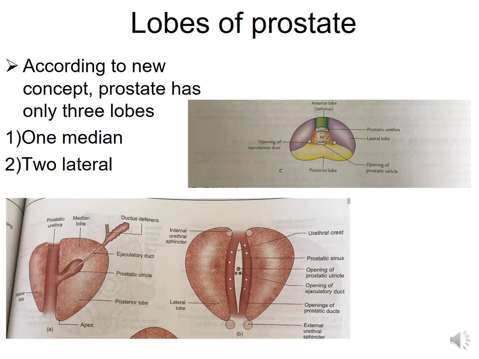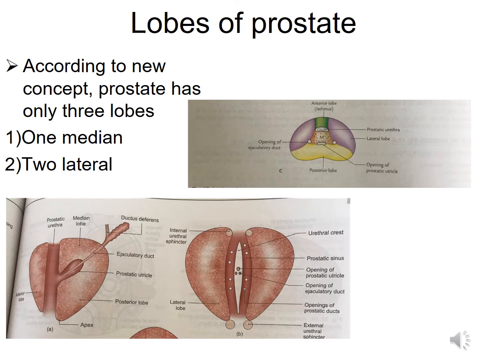But now the concept has changed. Now we only describe three lobes. This is the anatomical classification: one median and two lateral. Now in diagram A, which is the sagittal section of prostate, we can see that the prostatic urethra is there